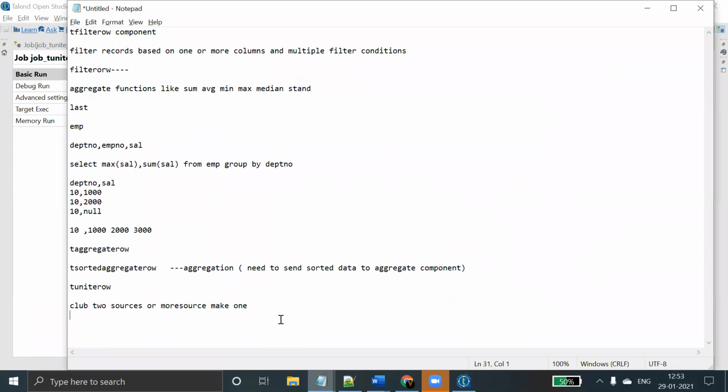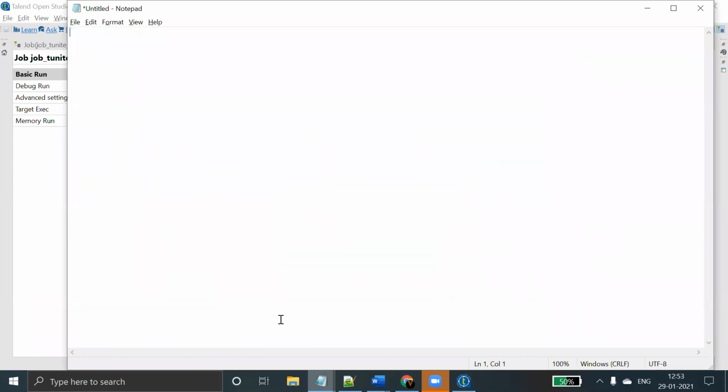So in the database, if you want to eliminate duplicate records, normally what we do on the database side is select unique column 1, column 2, column 3 from the table name, right?